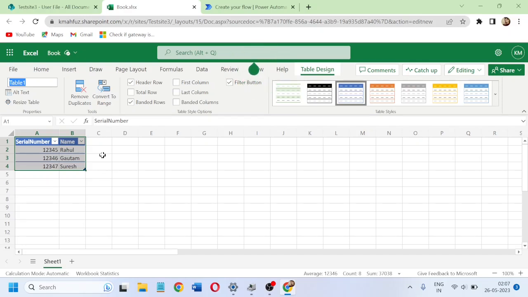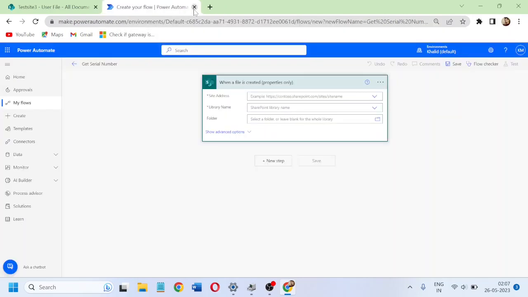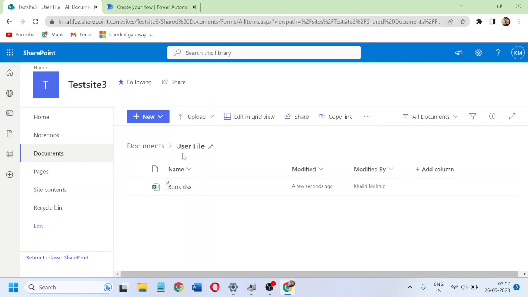We are going to get these entries in the flow from this Excel, and how we are going to list them is we are going to use the tabular format and the table content within it, right? So it needs to be in a tabular format. Even though the user is uploading or creating that file, it has to have a format, and that is the tabular format. Okay, so we have our file. Let's close this. Okay,